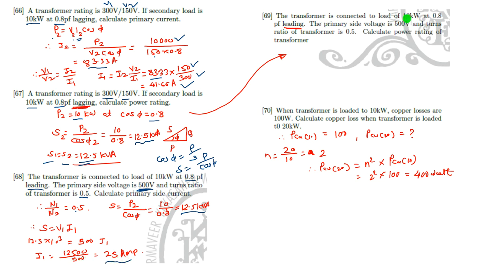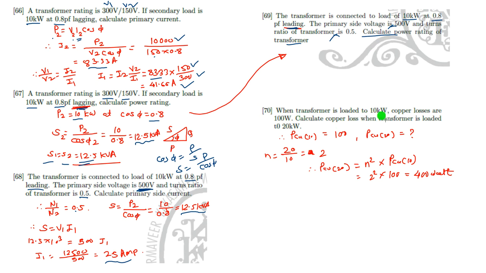Here this is the same. You read this problem statement, but only the power factor given is leading, whereas here the power factor is given as lagging. So this question is the same as the previous question. We have to calculate the power rating. It does not depend on this voltage, and it does not depend on this turns ratio. Only the loading condition and power factor is given, and that is sufficient.